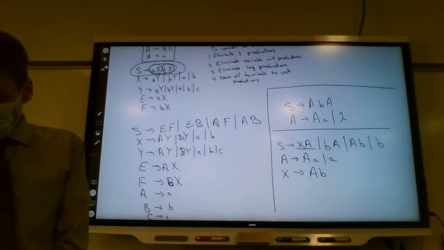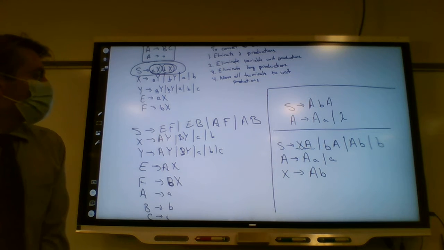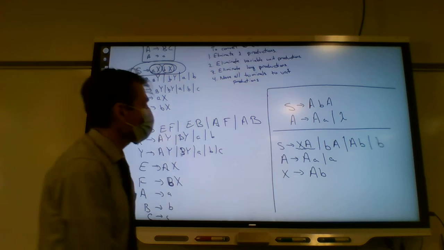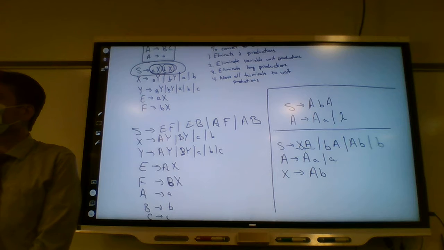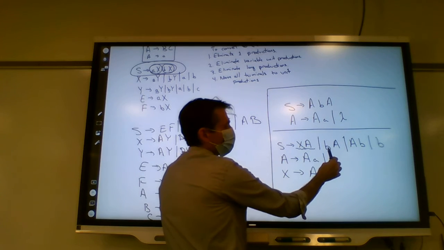All right, now what do we need to do? Now we need to move all the terminals to unit productions. So how do we move terminals to unit productions? Well, things like this